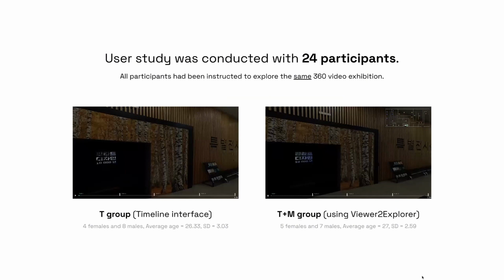After developing the prototype, we conducted a user study with 24 participants divided into two groups. One is the T group using the traditional timeline interface, and the other one is the T plus M group using Viewer2Explorer. All participants were instructed to explore the same 360 video exhibition at their own pace using their